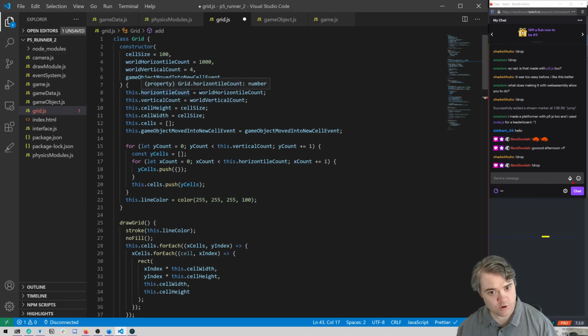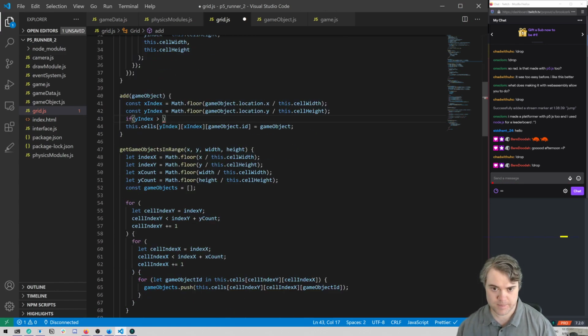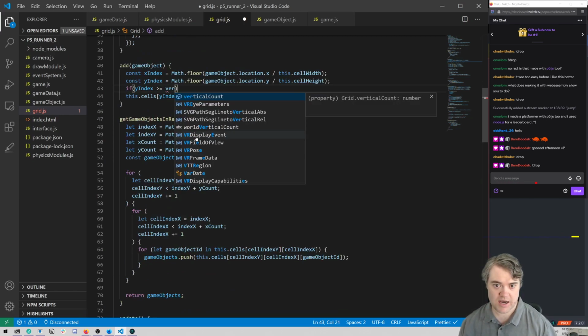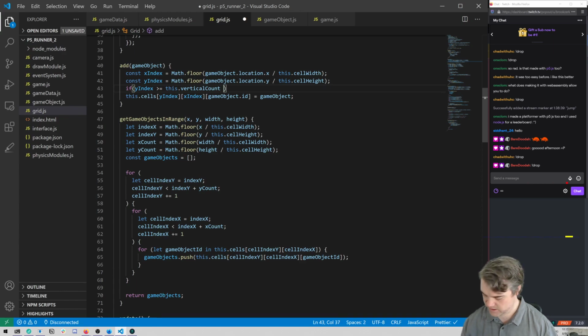We do. So we have the horizontal count and the vertical count. So if this is greater than or equal to vertical count, or if x index horizontal count,